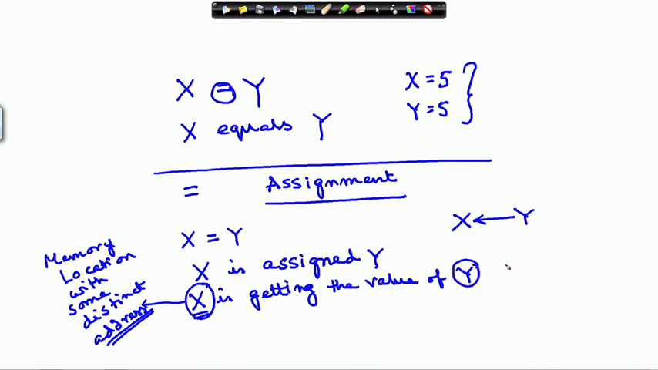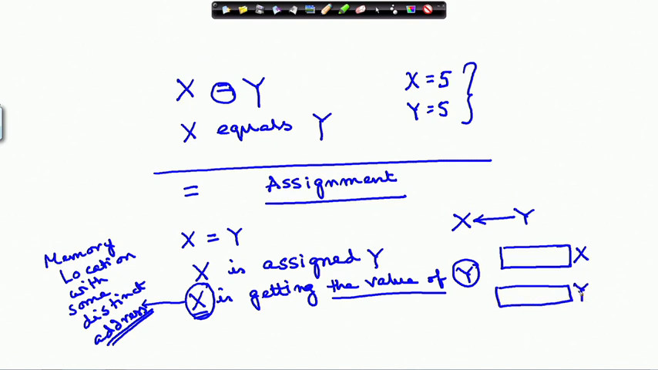with a distinct address, but this assignment means it is getting the value that is in y. So, let us think of it like this: here is a memory location, that is x. When I am writing x, it actually means the address of this memory location, okay. And y